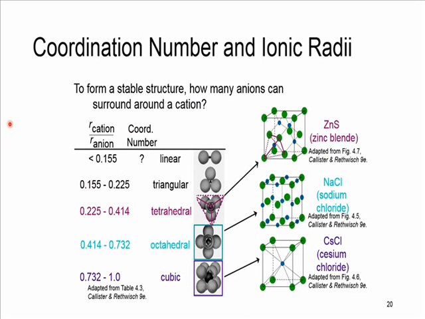Okay, let's have a look at how the radius of the cation relative to the radius of the anion affects the crystal structure. If this radius is very small, like this one, then the anions can collide with each other, and this results in an unstable composition. If this radius increases so that the cation touches the edge of the anions and the anions do not touch each other, we have the start of stability. And based on the relation of the sizes, you see we can have triangular, tetrahedral, octahedral, and cubic